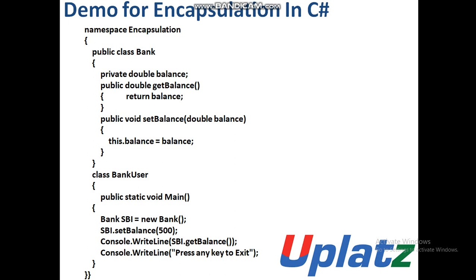So this program is a class called Bank, and in that class there is a private variable balance and two public methods, getBalance and setBalance. setBalance will set the balance value, and getBalance will display the balance value. Then public static void main, there the